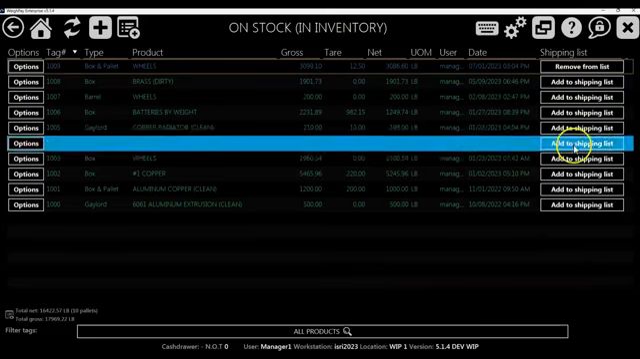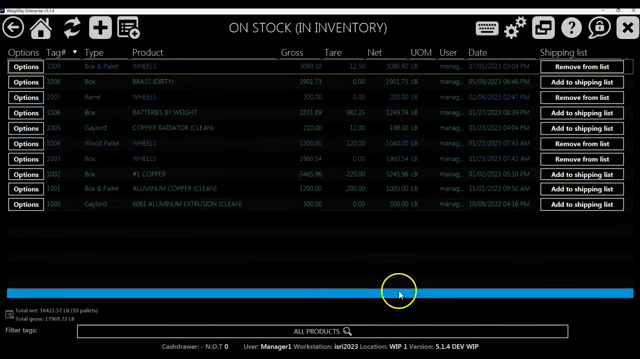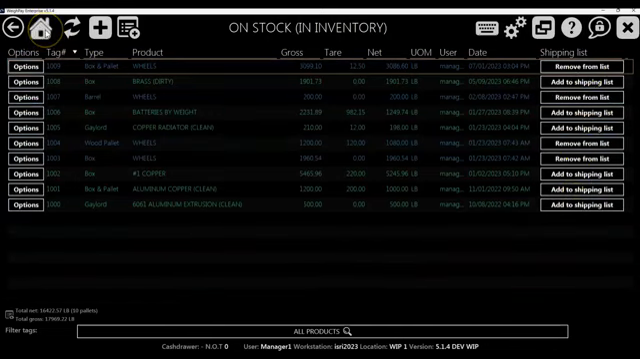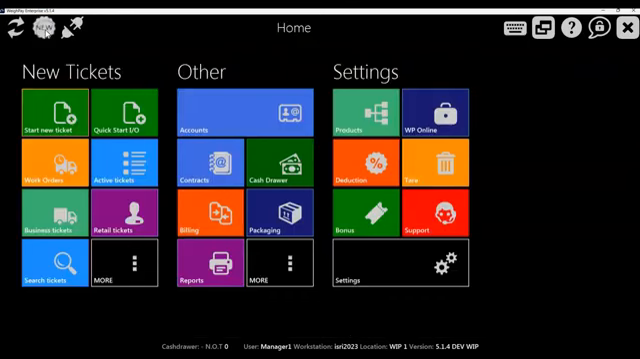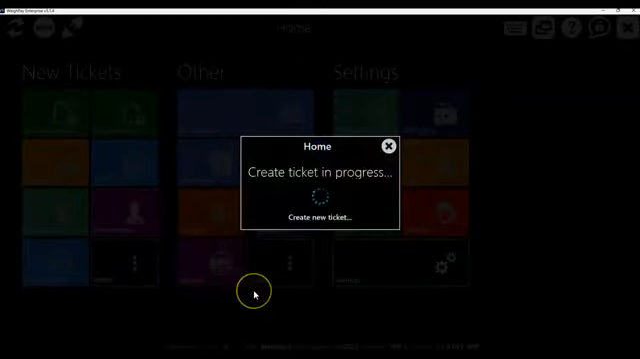So now we can go through and build a shipping list for my wheels. And you can see I've got a couple wheels there, and I've added those to my shipping list. At this point, that shipping list is created. That truck can make its way over to the scale. I could, in a number of different ways, either ship against a contract or just go ahead and open up a ticket. So I'm just going to open up a ticket, and we're going to do an inbound outbound